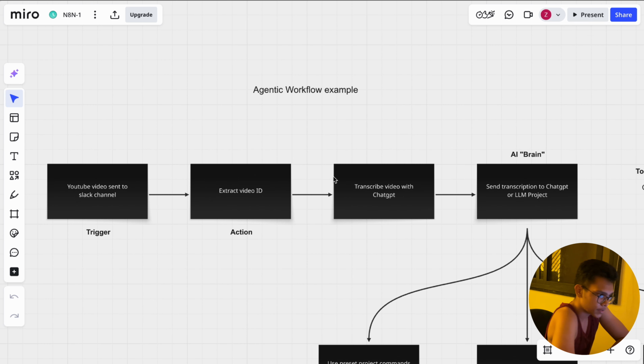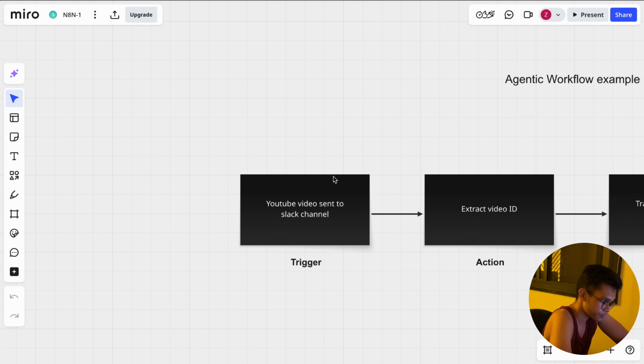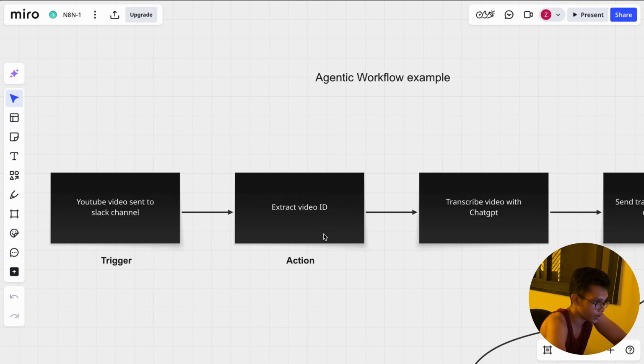And then there are agentic workflow examples. This term is complicated, and often big SaaS companies use this thing, so we'll dive into it. We will start from the first node. Let me take an example: if you are searching for a trending video and a hot topic, you can send a YouTube video to your Slack channel. You will integrate a Slack channel or anything with N8N into your workflow. Then you can just trigger it from the Slack channel if you don't want to go into N8N and run it manually. You just paste a YouTube video link, and it will extract the video ID,